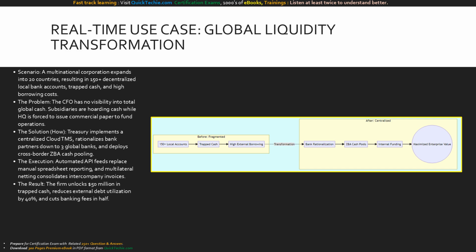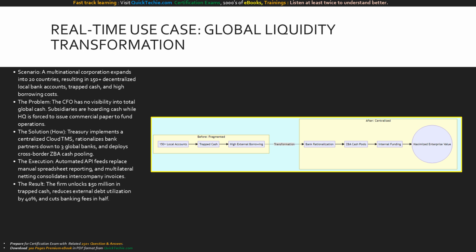The Treasury team stepped in and implemented a centralized cloud TMS. They ruthlessly rationalized their banking structure, moving from 150 local banks down to 3 global partners. They deployed cross-border ZBA cash pooling and automated API data feeds. The execution was flawless. The result, by simply centralizing and sweeping their own money, the firm unlocked $50 million in